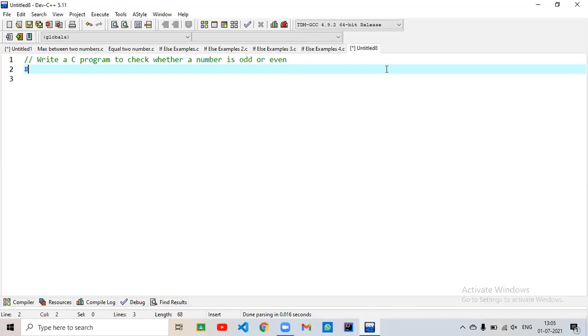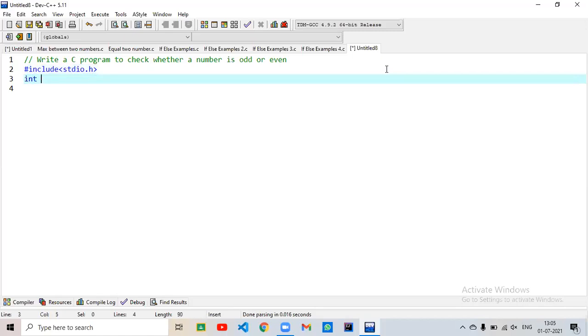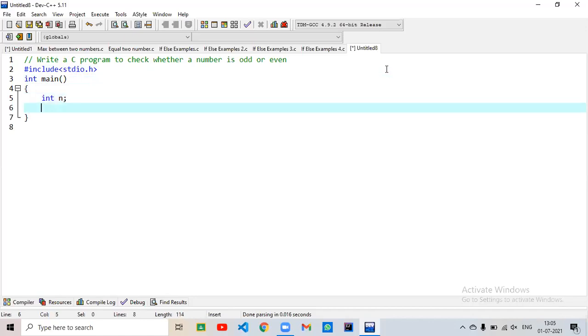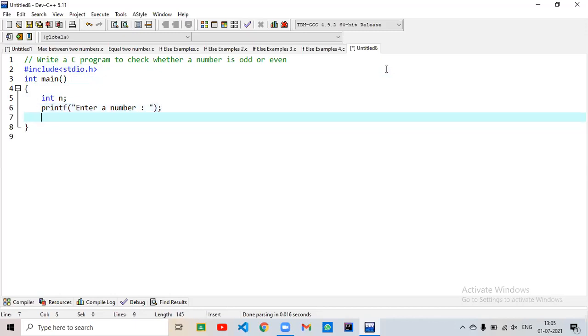So now we are writing the code. First of all, header file. First of all, we have to take the input. I have taken a number n and taking input. For that, printf enter a number, scanf %d and &n.